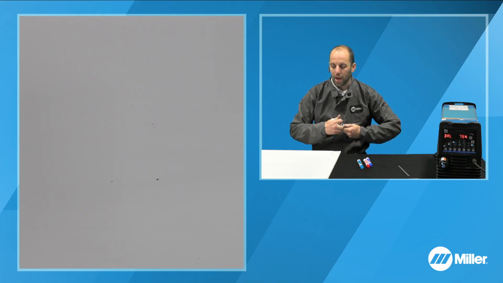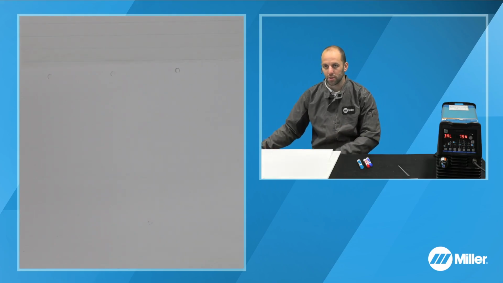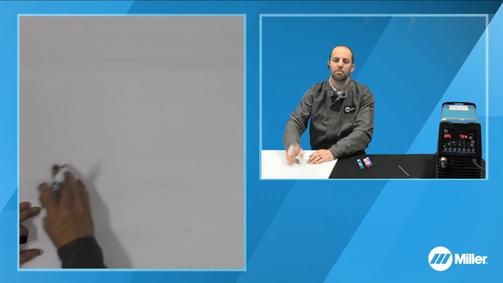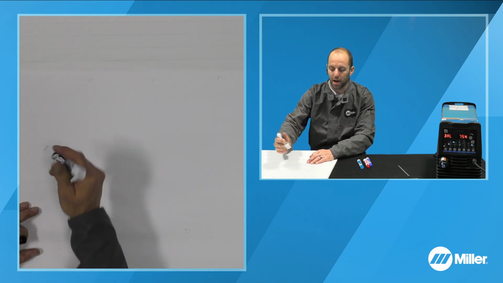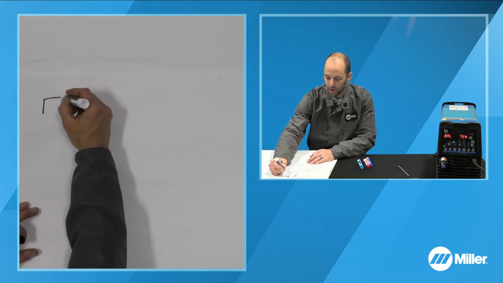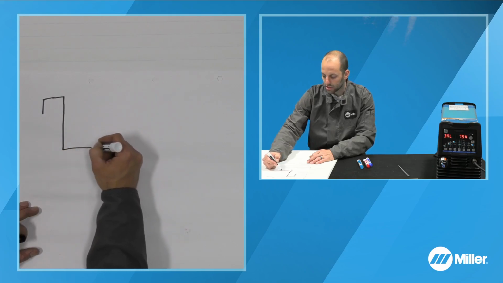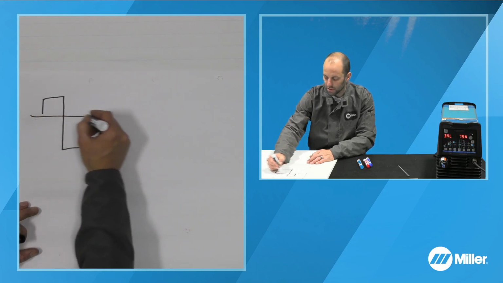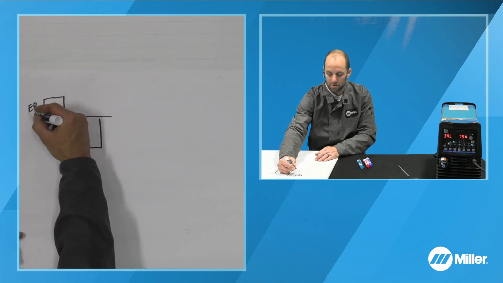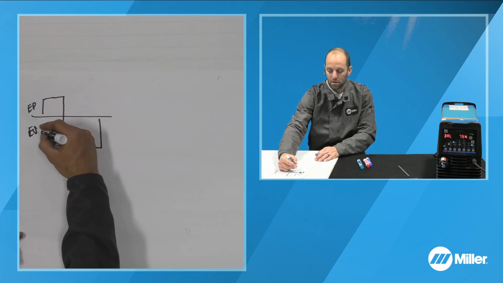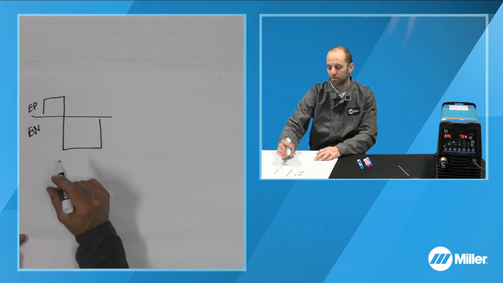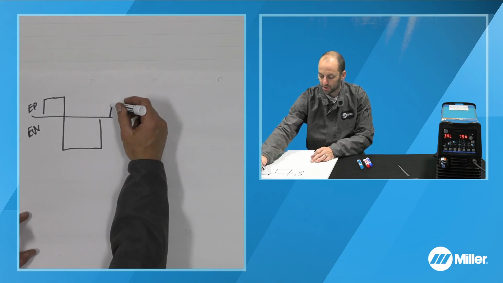So AC frequency. I'm going to go right to the top of the paper here. AC frequency, so balance is the amount of time or the ratio that we're in electrode positive versus electrode negative. AC frequency, all we are doing is, if this is our electrode positive and electrode negative side, we are not changing the ratio of how much we're in electrode positive versus electrode negative. We are simply